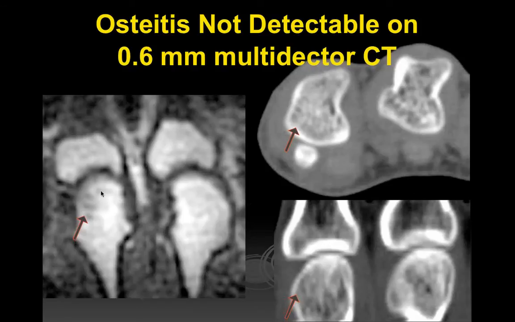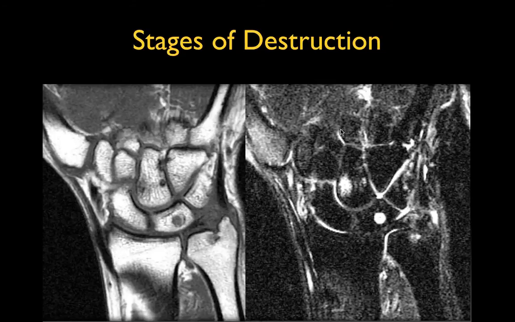Now, this is on a low field. This is one that we don't even use anymore, a desktop MRI called MagniView. We can see a little area of edema there on the T1 weighted image. On the CT, this is a high resolution multidetector CT, it's perfectly normal. And you can't see these early lesions that are just osteitis. You can't see anything on an X-ray until you destroy enough bone to have a change in the amount of